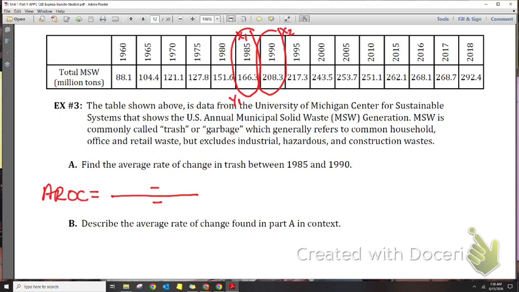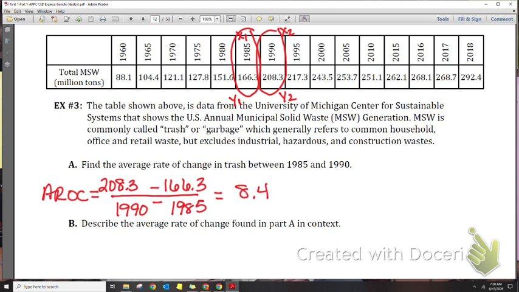This will be my x2, y2. So it's going to be the 208.3, 166.3, 1990, and 1985. All right, so I'll work that out, plug it in my handy dandy calculator, whichever, and we end up with